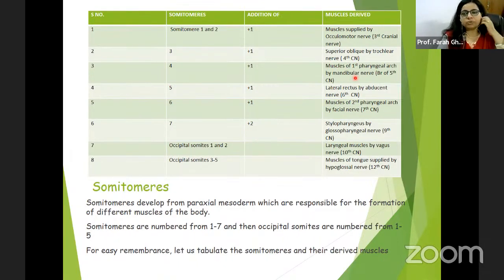Then we have the occipital somites 1 and 2. Now the occipital somites 1 and 2 are basically supplied by the 10th cranial nerve. इसके लिए कोई as such वो